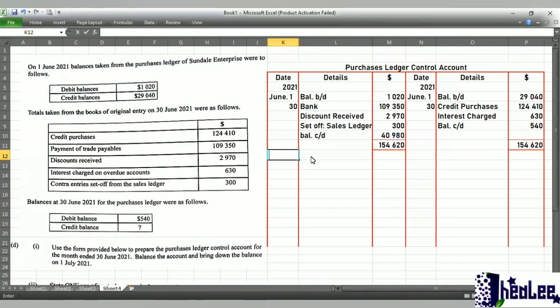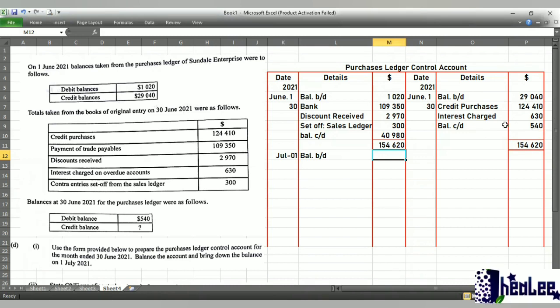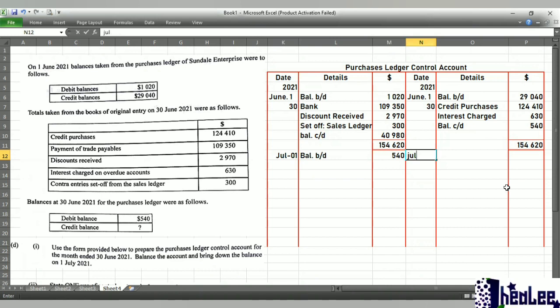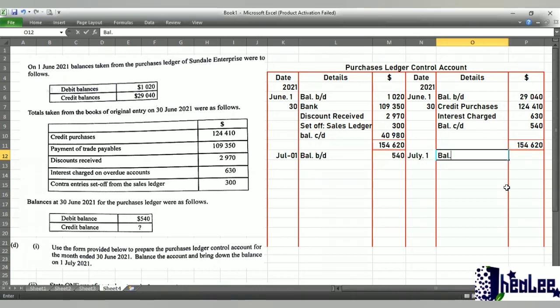To close off the balancing out process, July 1, which is the beginning of the next month, balance brought down, and that's the very same thing as the balance carried down, which is 540. Remember, the balance brought down is opposite of your carried down, and we have a balance carried down on the debit side, which means that we have a balance brought down on the credit. That's July 1. Our details, balance brought down, and the amount is